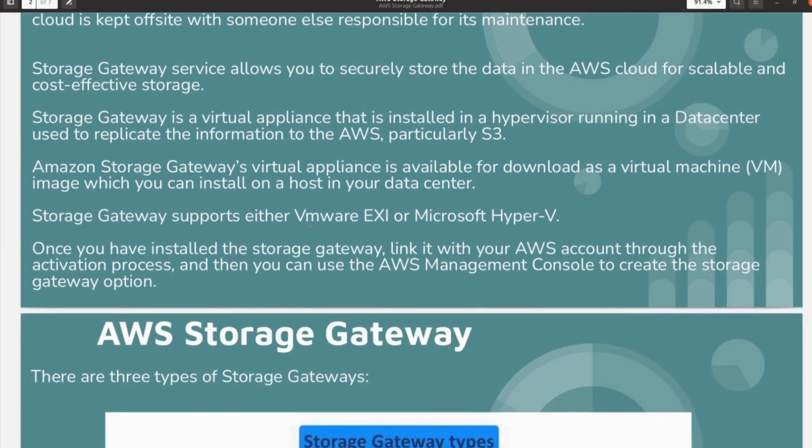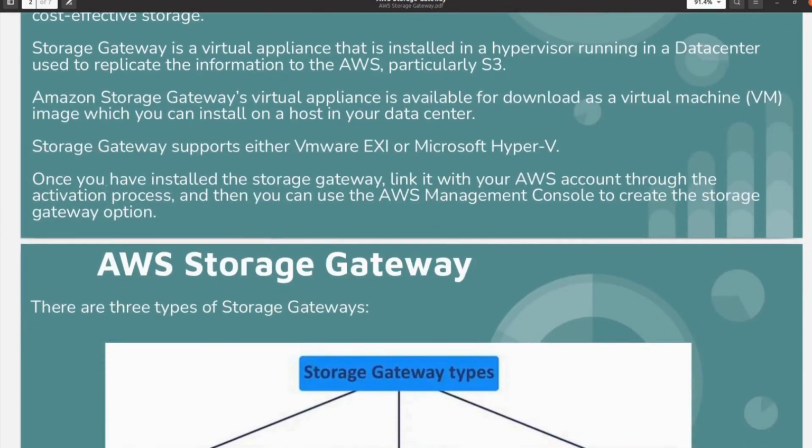Storage Gateway supports either VMware ESXi or Microsoft Hyper-V hypervisors. Once you have installed the Storage Gateway, link it with your AWS account through the activation process. Then you can use the AWS Management Console to create Storage Gateway options.